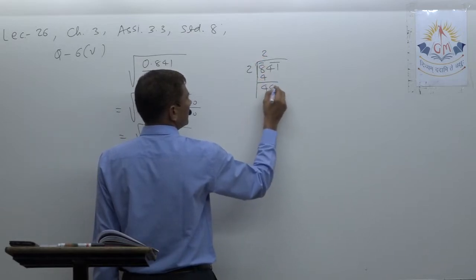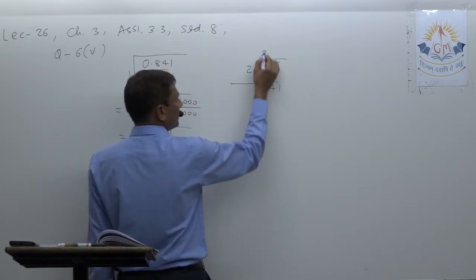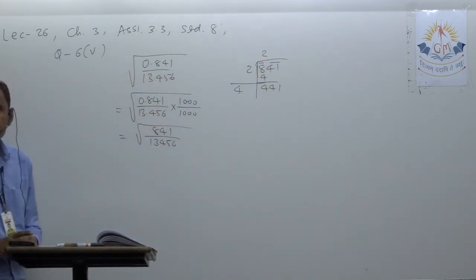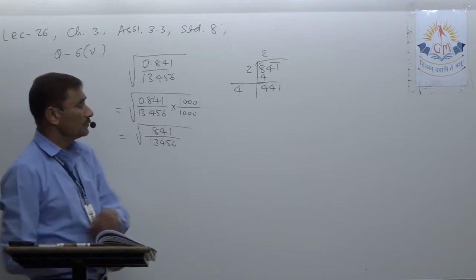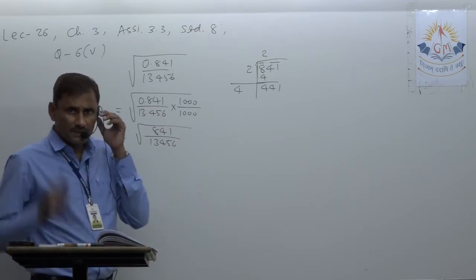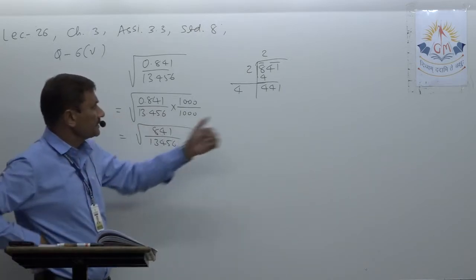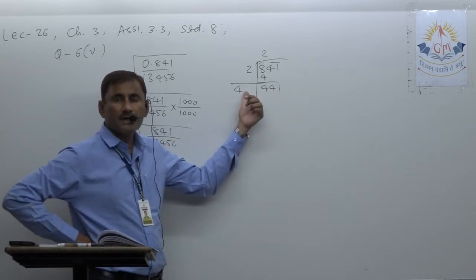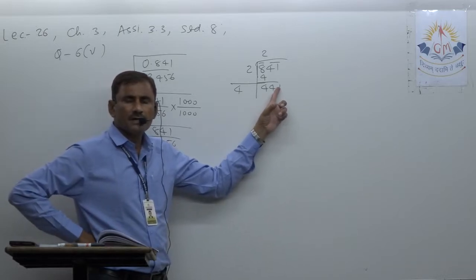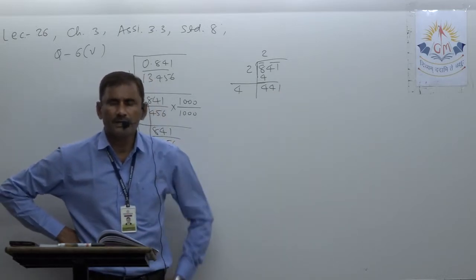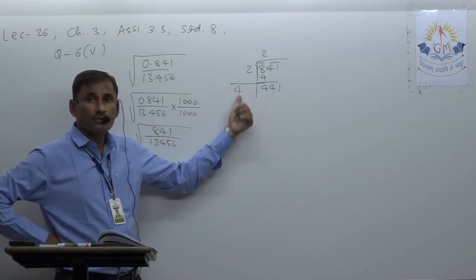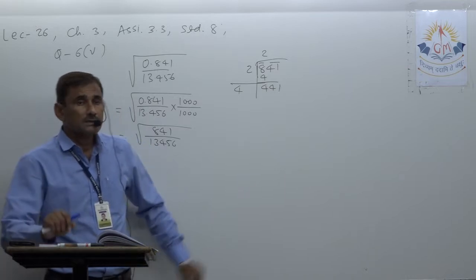So first of all it will be 2, 2 twos are 4. 4 left. 41 came here. Now double of 2 will be 4 here. Now you should look there: 41 ones are, 42 twos are, 43 threes are, like that. And here mostly numbers are perfect squares. So you just estimate, predict what the unit digit should be. If the square has unit digit 1, then the unit digit may be 1 or 9, either 1 or 9. So you can write 1 here.